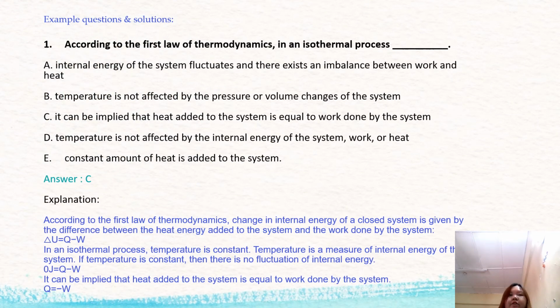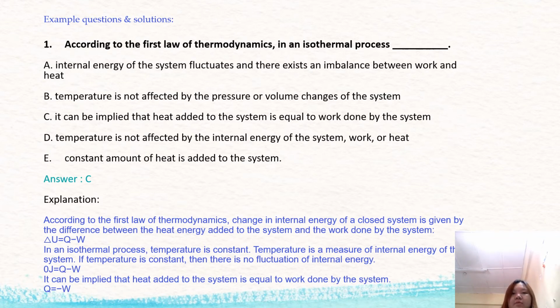Let us have a try on some example questions with solutions. Number 1. According to the first law of thermodynamics in an isothermal process, we have to choose one answer from the selection. The answer is C. In an isothermal process, it can be implied that heat added to the system is equal to work done by the system. So the explanation here is